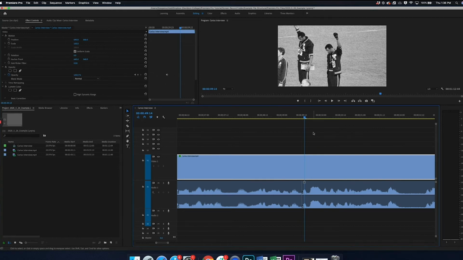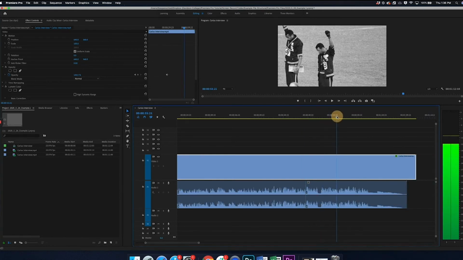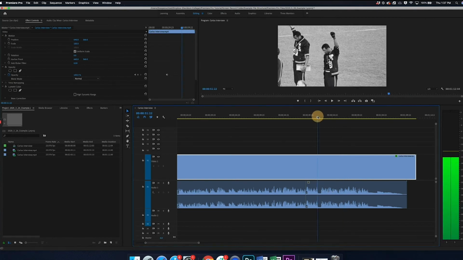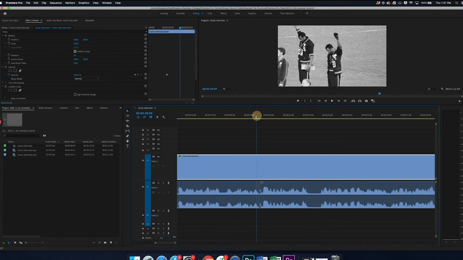So that's a benefit of unlinking and linking things together. Just keep in mind that if you do this, everything else will probably be out of sync. Everything else here to the right is out of sync. So if I were to do that properly, I probably would have actually cut again here and added a filler. But again, this video is finished. It has audio and video underneath it. So the point of the tutorial is to just show you how to cut,